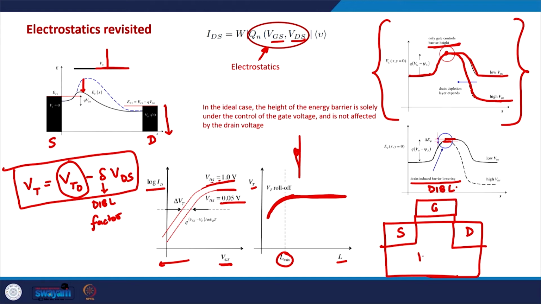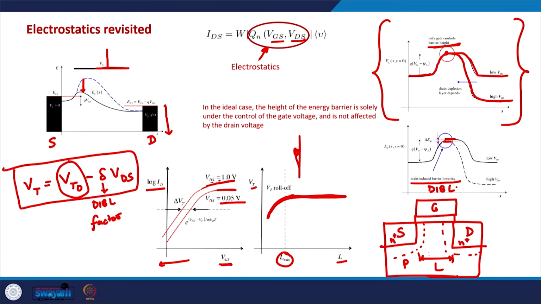If this channel length is shrinking, in that case what happens is the source and the drain are coming closer to each other, and since the source is N plus type, the semiconductor is P type, the drain is also N plus type. So, there is a depletion region, because this is a PN junction and there would be a depletion region around